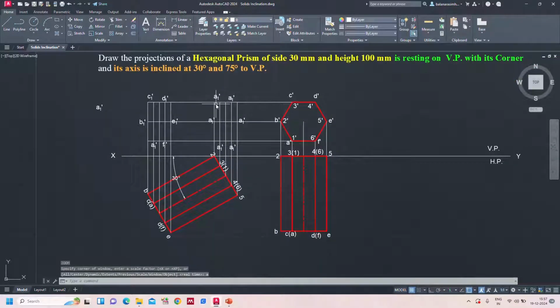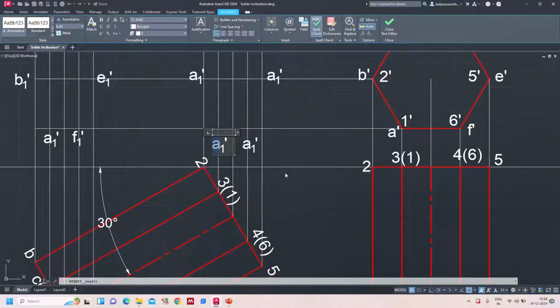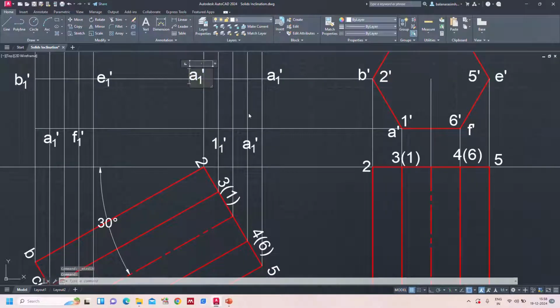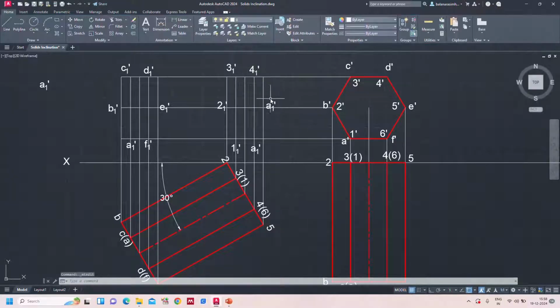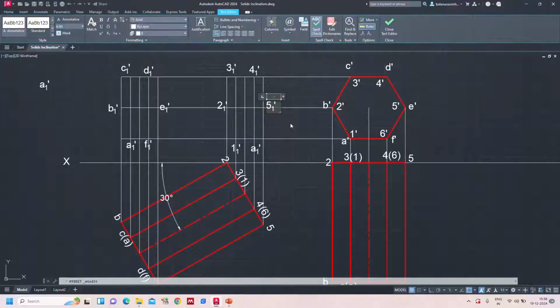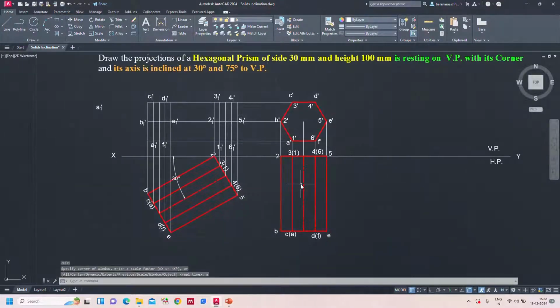Perfect. Let's go for the back base. And this is 1 dash, 2 dash, 3 dash, 4 dash, 5 dash, 6 dash. Perfect. As we already discussed in the previous videos, when the axis is inclined to VP, if you observe,